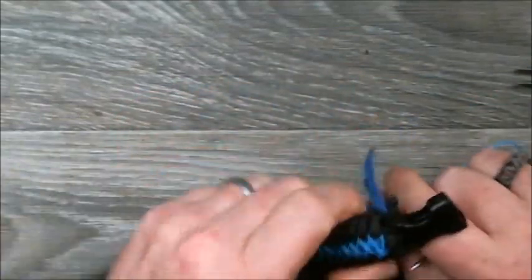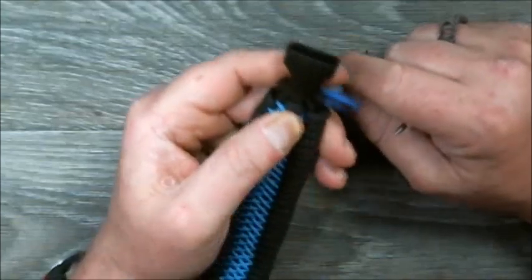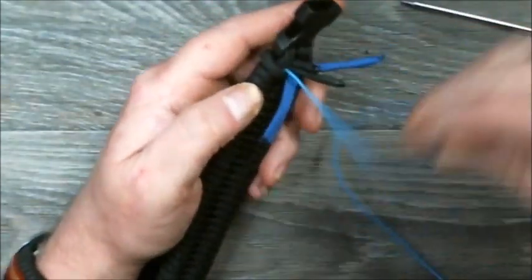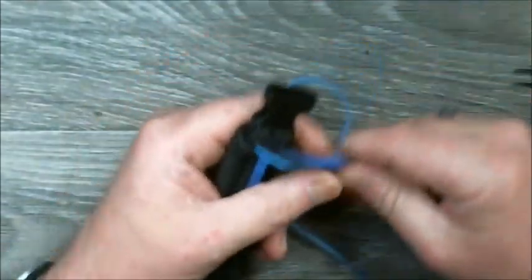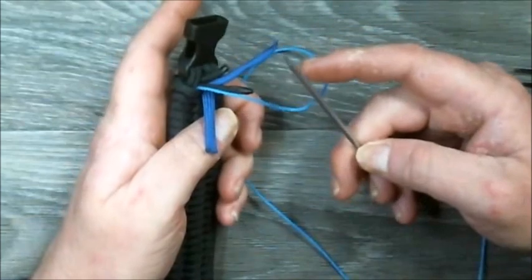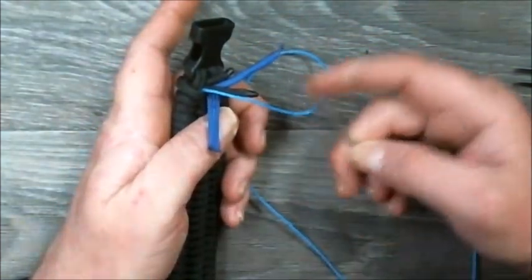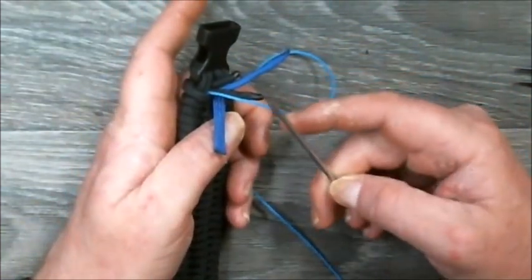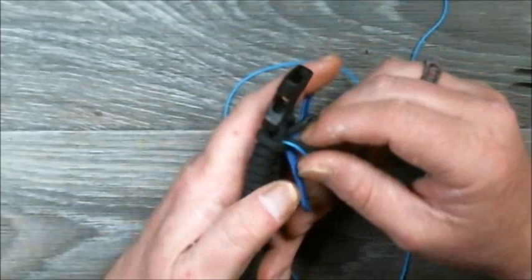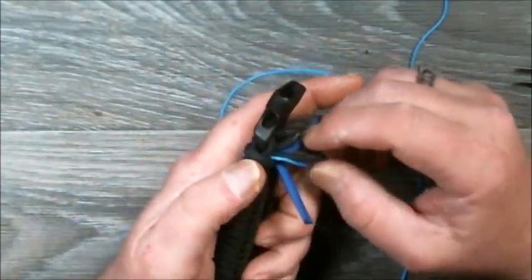Okay. Now, right here on this end, I'll say this. Even though it's the last section, don't take that needle off yet. You may need to do something with it. Don't take it off until you're completely done. If you know for sure that you're not going to use it, just leave it on there. That's something else I learned. You do it and you think, oh, I'm done. And then,